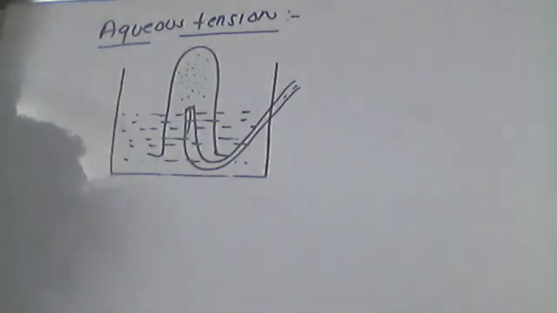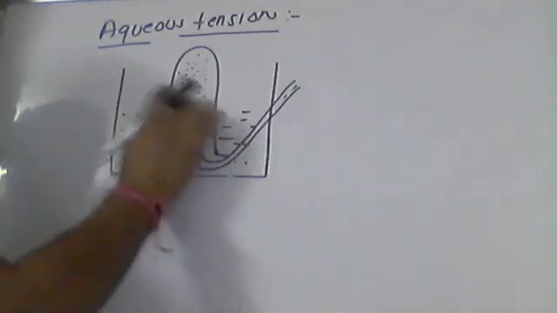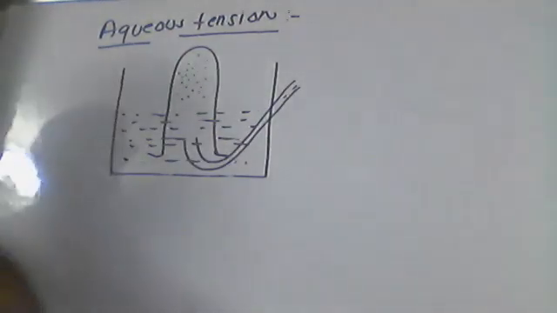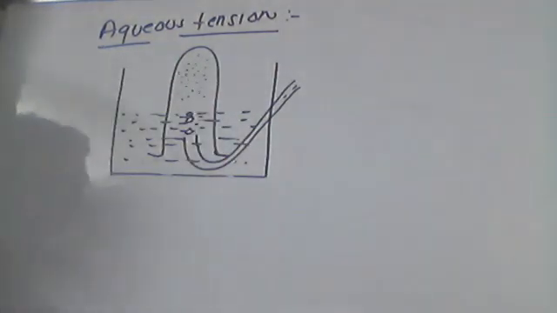I want to discuss with you the concept of aqueous tension. What is this aqueous tension? Whenever in a chemical process you produce some gas, after producing this gas, you pass it through the water trough, your water bath, and then after displacement from here, you collect it here. I need to keep this one pipe down. Only then will the impurities be dissolved, and then the gas will go up like this. It is collected like this.